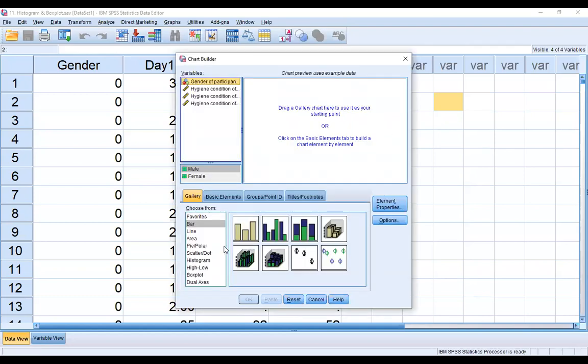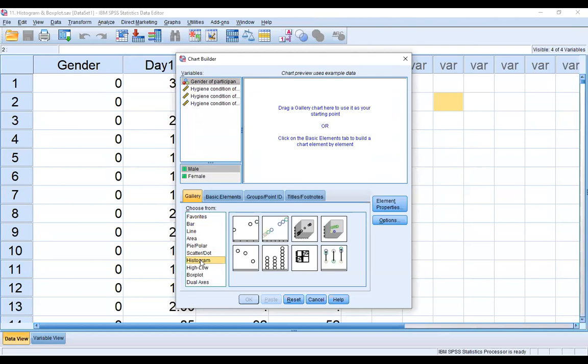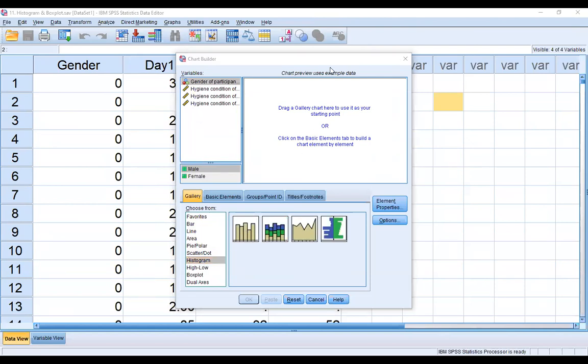After okay, search the histogram. There is bar, line, area, pie, scatter. I need histogram. There are many types of histogram here: simple histogram, stacked histogram, frequency polygon, and population pyramid. I need simple histogram.